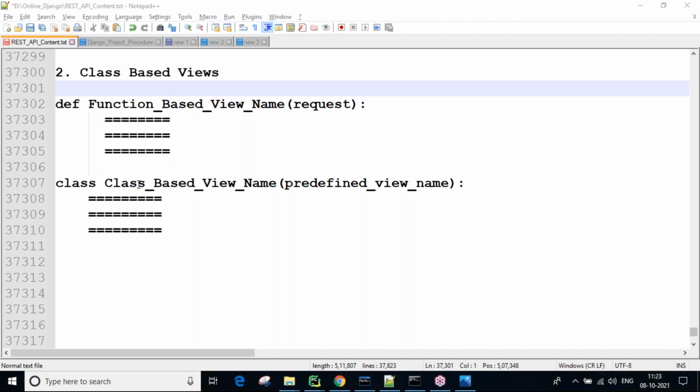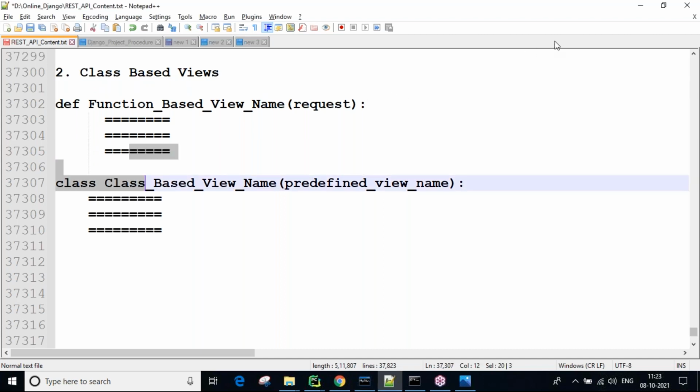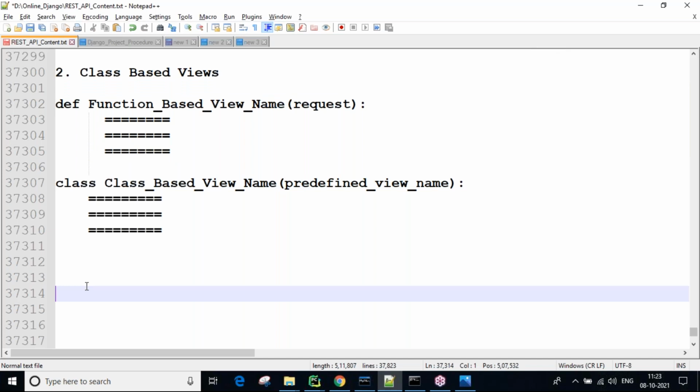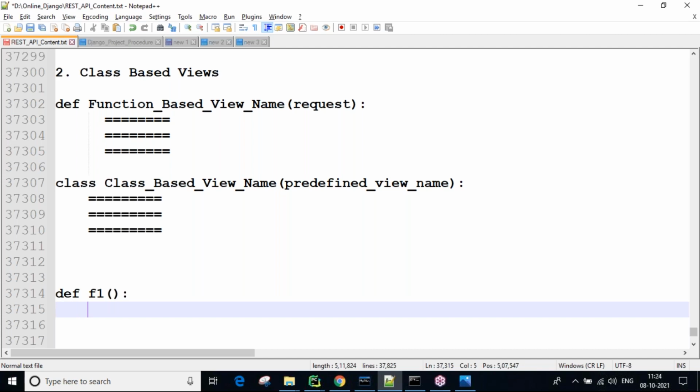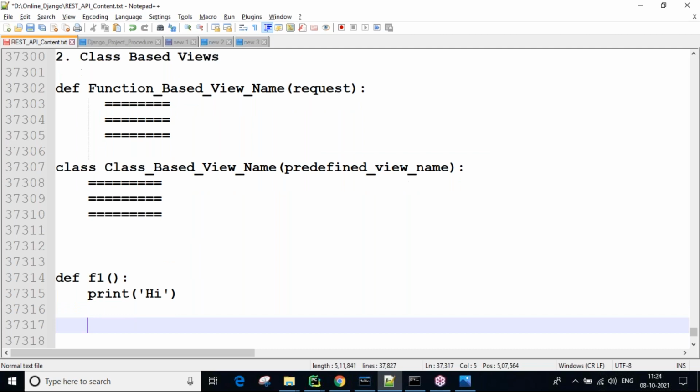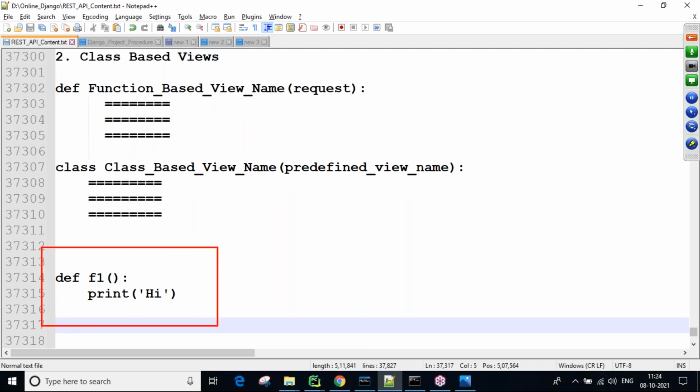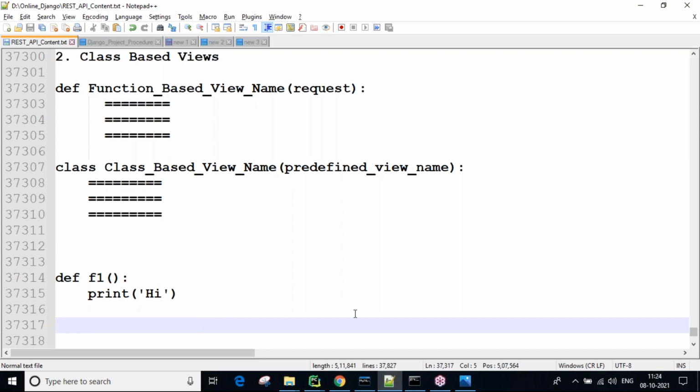Yes. So now all these things are completing, guys. So next, guys, if you want to execute this view, first of all, Python functions: you can see def f1, I'm writing, and print hi, I'm writing. So if I execute this code, am I going to get output? Am I going to get output? Let me know in the confirmation chat box. Am I going to get output if I'm creating f1?